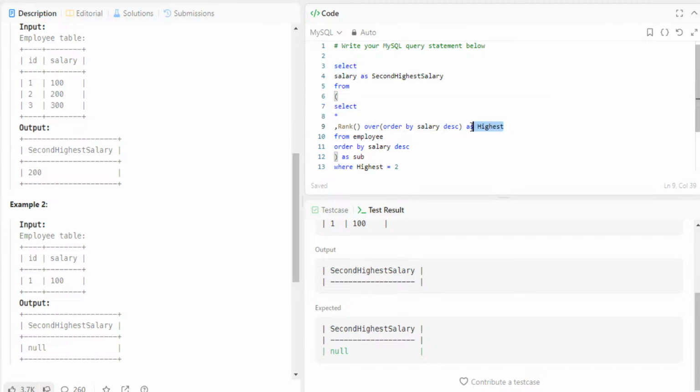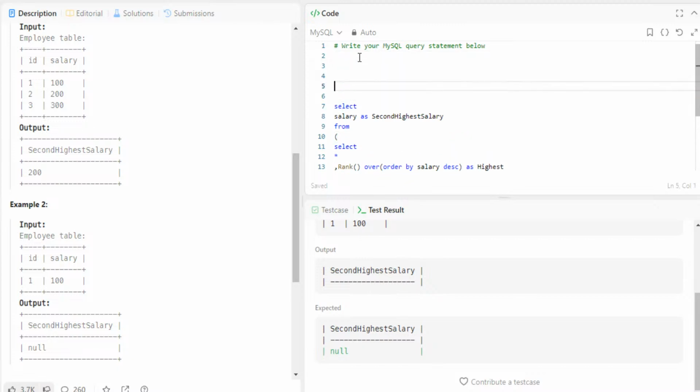From employee, so I'm going to pause here. Union. Yeah, star rank. Okay. We're going to start this over. Select star